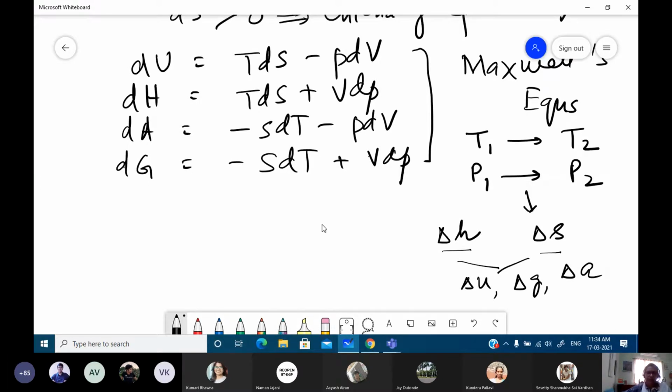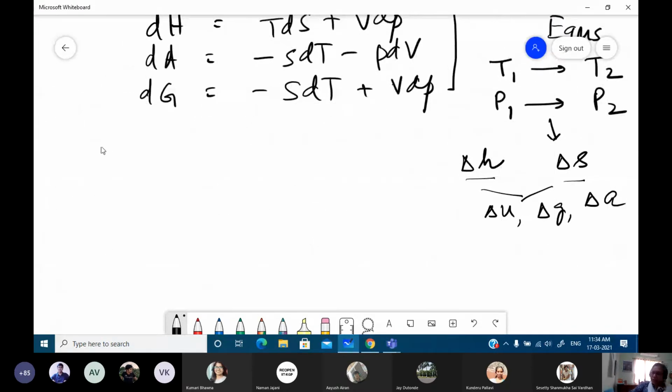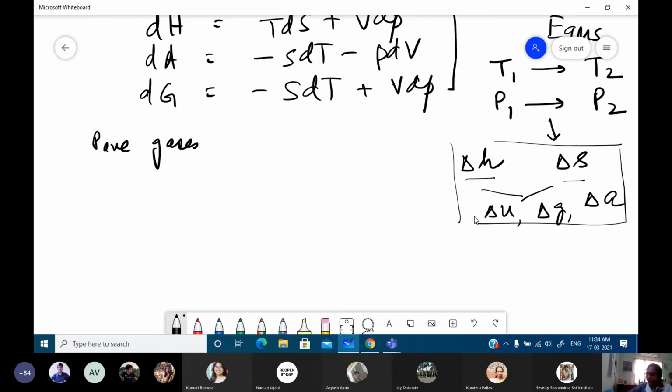So these things that we were discussing were primarily for pure components. Now, among the pure components, you can have pure gases, you can have liquids, you can have solids. Liquids and solids are usually known as condensed phases, and the gas, we usually refer to them as gases. Now, for these pure gases, we found a very easy way to find out all this set of properties, just by referring to the property changes which would have happened had the gas been ideal, right?